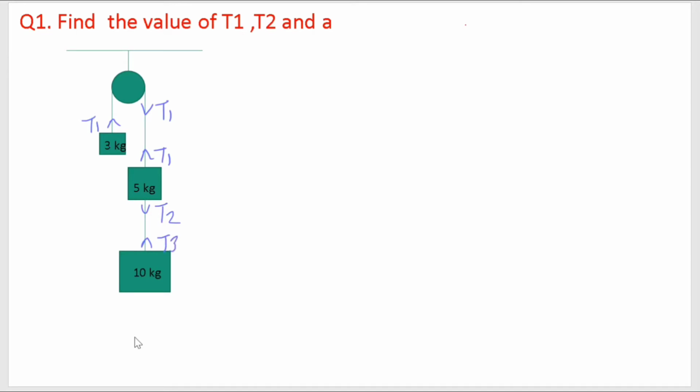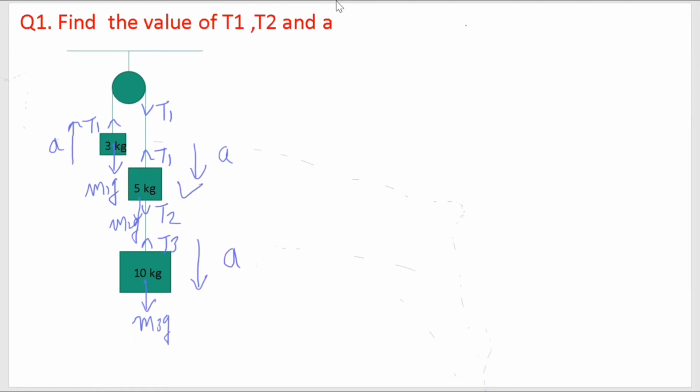and the gravitational force in the downward direction on all of the three blocks is M1g, and on the 5 kg M2g, and on the 10 kg M3g. Here we have taken the first mass 3 kg, the second mass 5 kg, and the third mass 10 kg. So now assume the acceleration of the 3 kg block in the upward direction is A. So the acceleration of the 5 kg block will be in the downward direction as A, and the 10 kg block will also be in the downward direction of the same magnitude A,